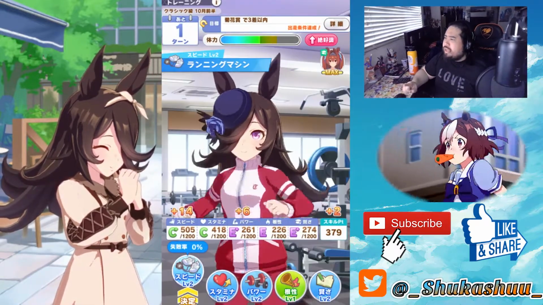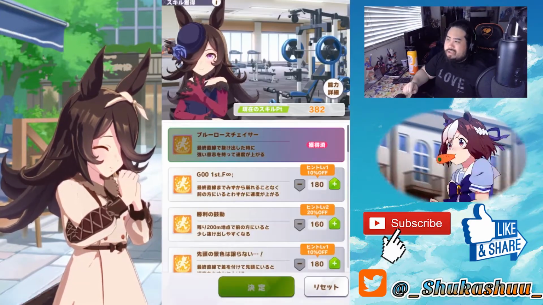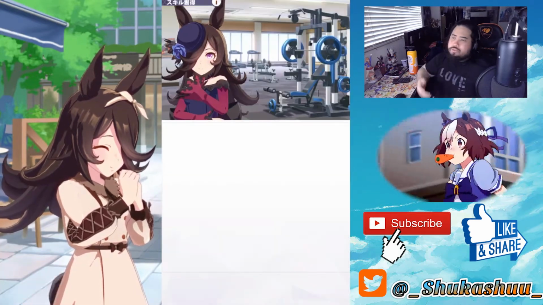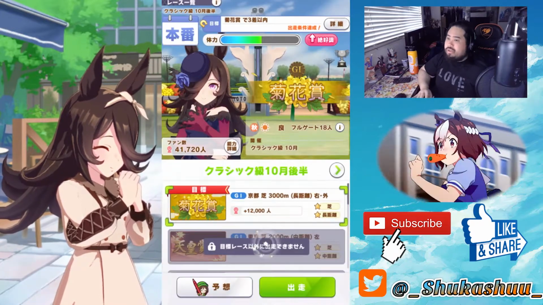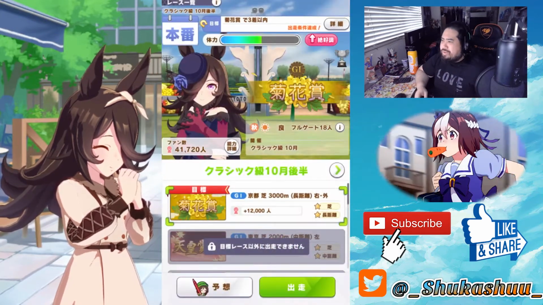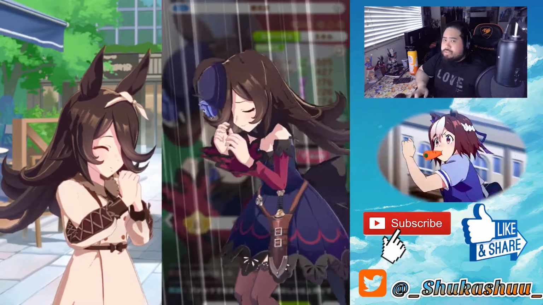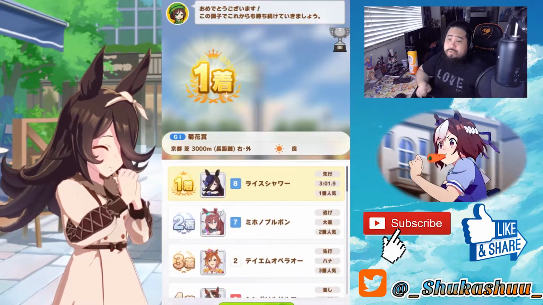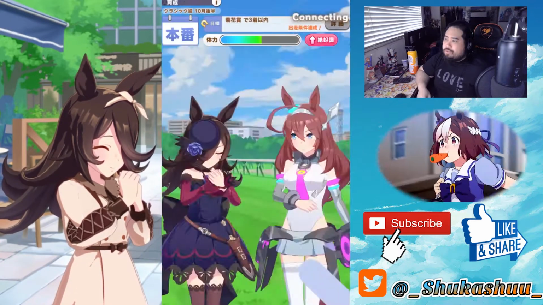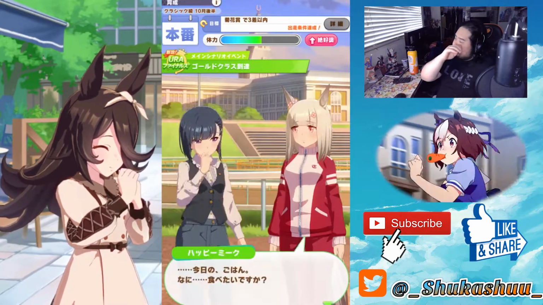We will do a Legends attempt for Rice Shower, which is going to be tough because I don't really know the balance between how many races or which races I should do in order to get to Legends rank. But on my phone account, yeah, I have 3 accounts, I was able to do Legends rank with both Mihono and Maruzensky. My phone account is basically just for me to mess around, because most of the time I'm spending my time on my computer accounts,